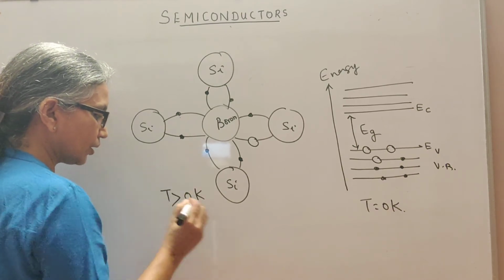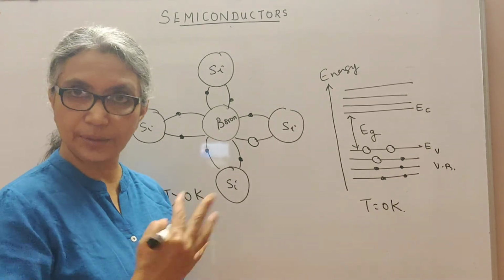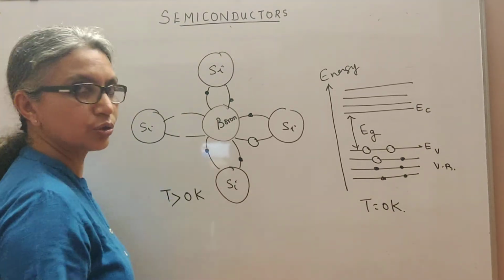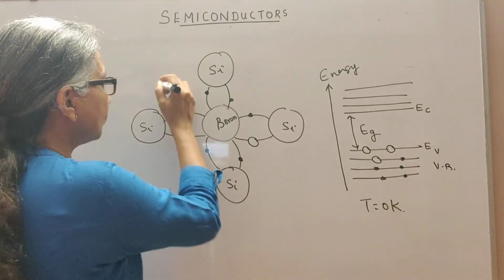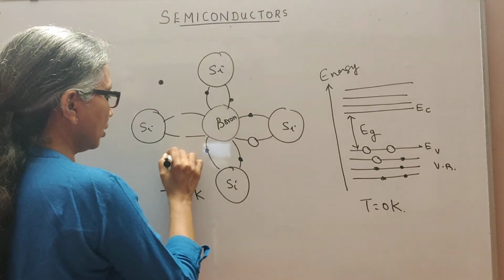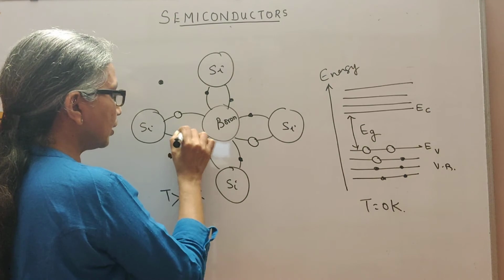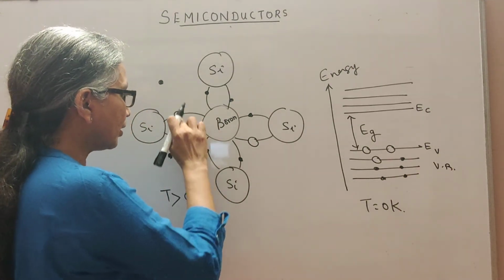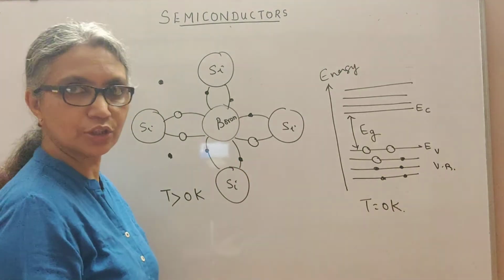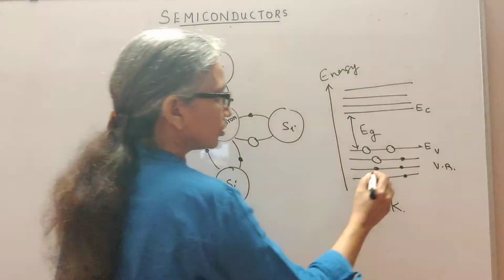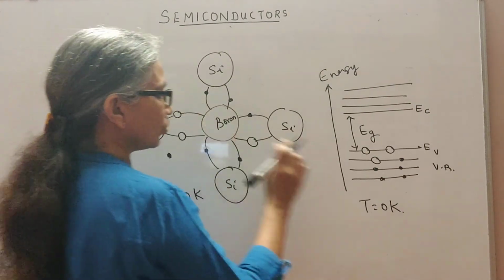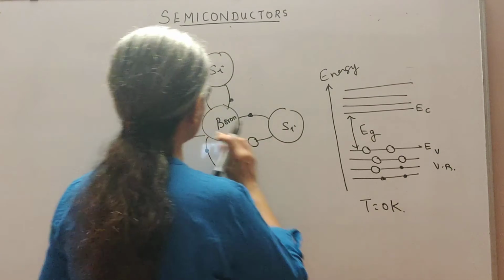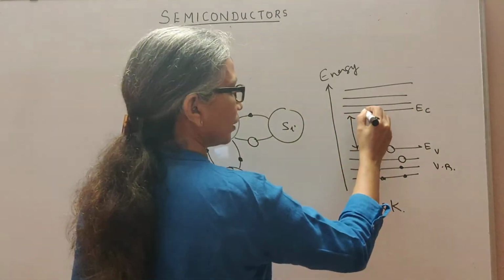Suppose I increase the temperature above 0 Kelvin, that is, I am supplying thermal energy. Let us imagine 2 of them got enough energy to break free from bonding and become free electrons. Okay, this creates a vacancy in the bonding, and that vacancy will appear as a hole in the valence band. So we have an additional 2 vacancies here,